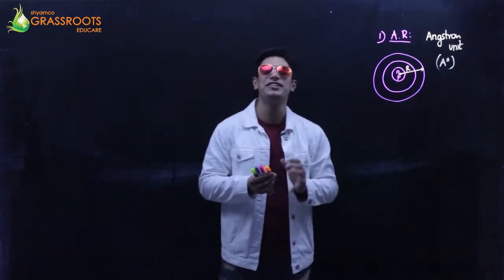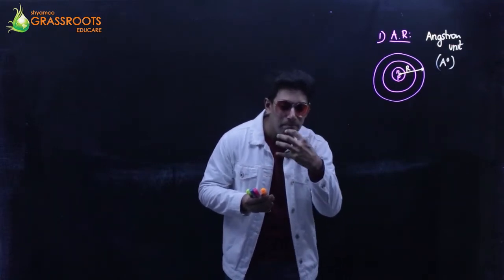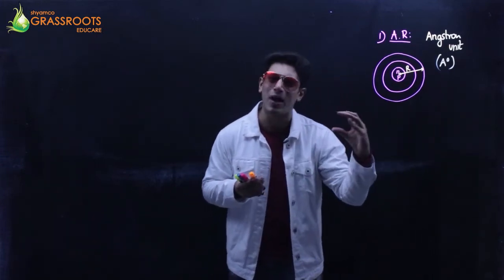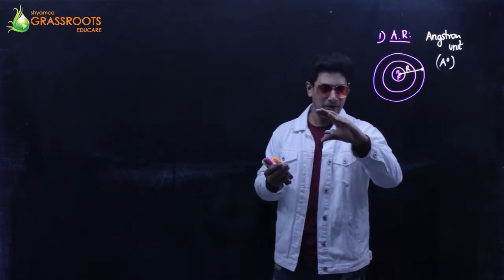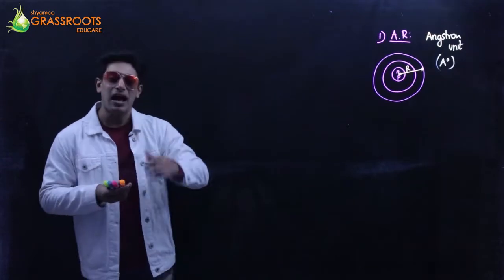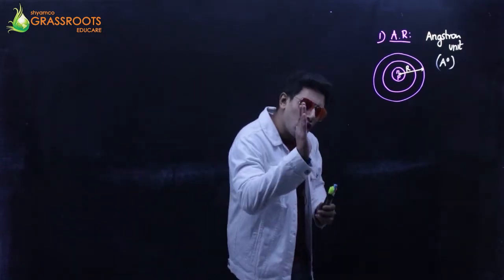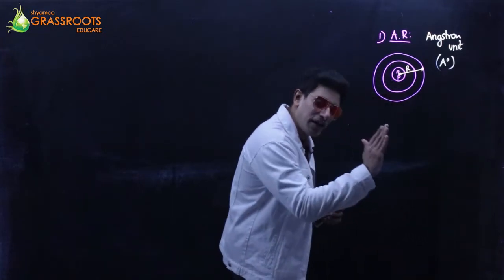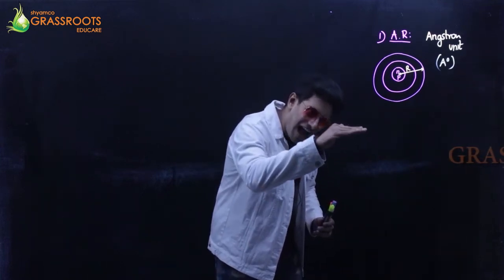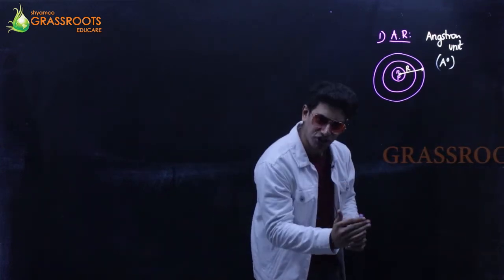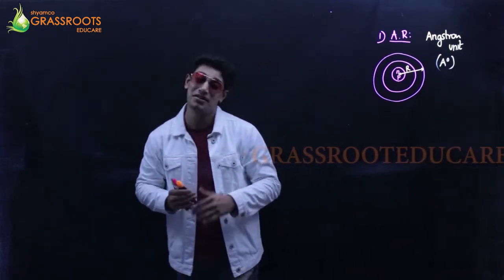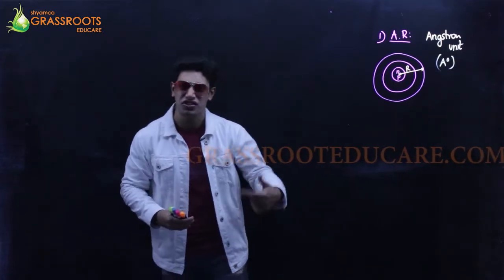Now let's study the trend, the pattern. As we go from left to right in a periodic table, what happens to atomic radius? Does it decrease, remain the same, or increase? So henceforth, please repeat with me. I'm going to speak in this way. As we go across the periodic table from left to right, how is the nature? Similarly, down the group, as we go down in a periodic table from top to bottom, what will be the nature, what will be the character of the atomic radius? How will it be affected? That's what we are going to study now.